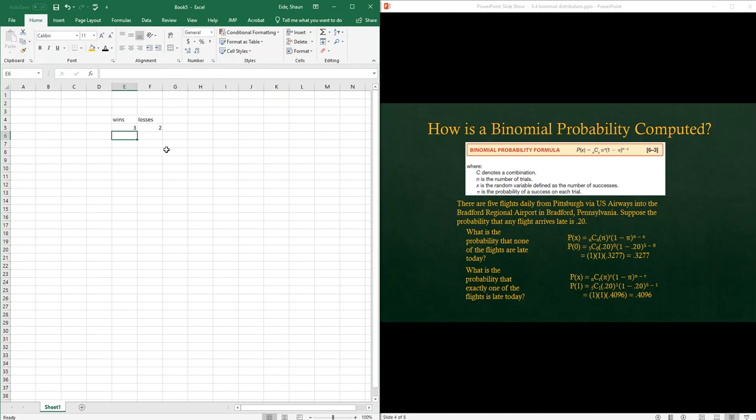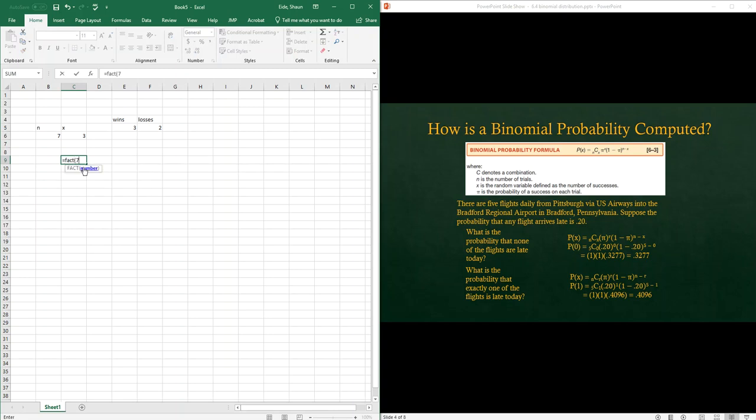So we look at 7 games is what they have left. In order to have a .500 season, they need to win at least 3 of those. Let me put this in a different location. Okay, they have 7 games remaining, so that's n, and then 3 is x. Okay, so remember how to do the combination formula. That's the first thing that you have to do. You have to do the factorial of 7,